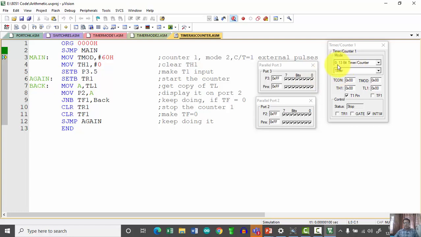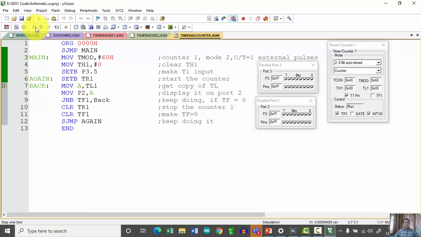What it indicates: by default the status of the TMOD register is 0, and because of that, by default mode 0, that is the 13-bit timer counter mode, is selected. Now when I load MOV TMOD, #60H, 8-bit auto reload mode is selected, and timer 1 is going to work as a counter. So the TMOD value is 60 now, and TH1 value is 0, and the same value gets copied into TL1.